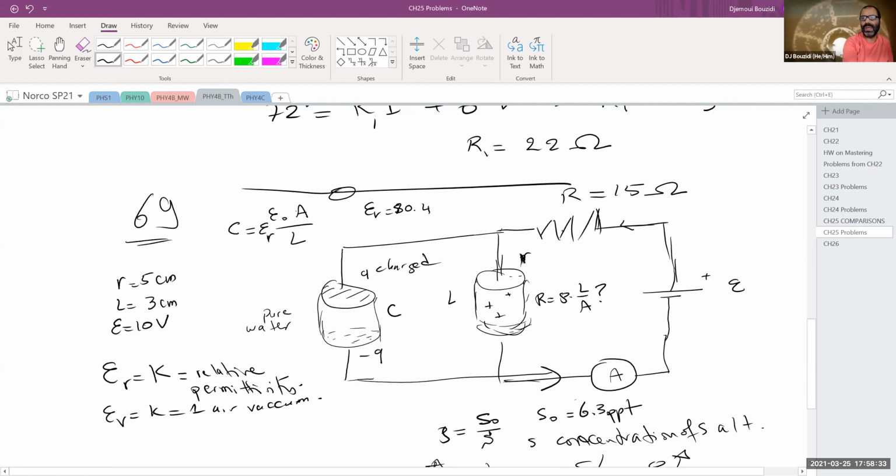So there is a current that comes in here, goes through this resistor, and then at the end comes back to the battery. And that current is 484 milliamps, I'm sorry. So that is a current I. So we know what that is. That is given to us. So what they want us to do is first,